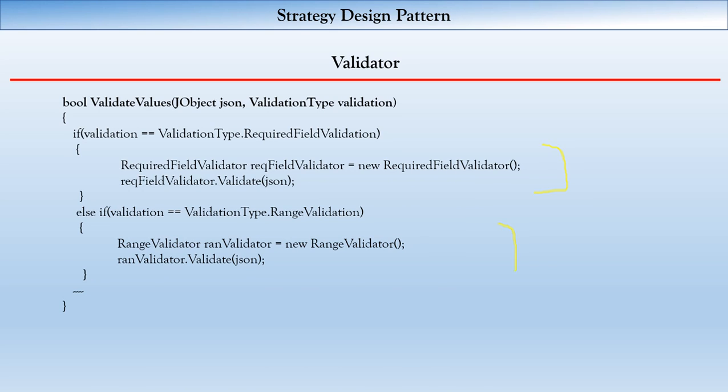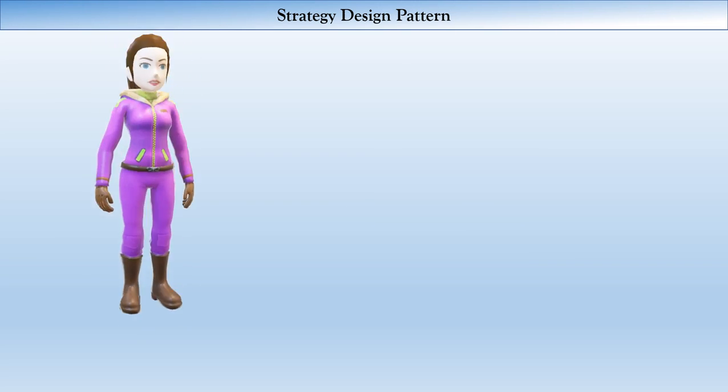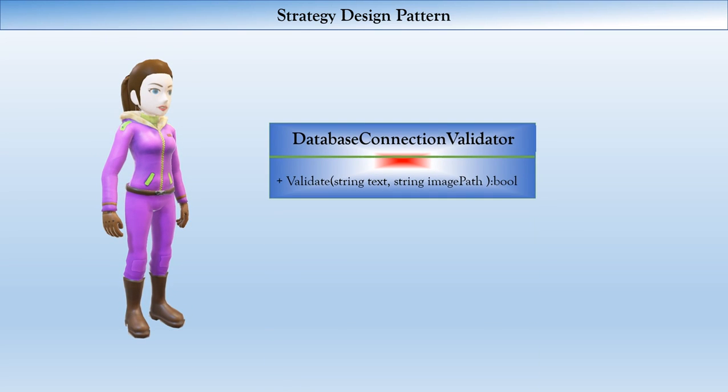Now we have got a new requirement from one of our old clients, and he wanted us to have a database validator, and we just hired a Supergirl as senior developer and asked her to take care of the requirement. She did a fantastic job and wrote a class for database validation, and she did unit test the code and made it live. But as she made the code live, the client mailed that our newest build is failing.